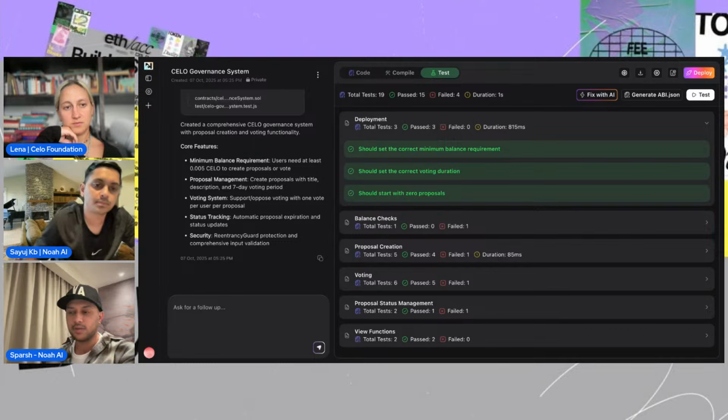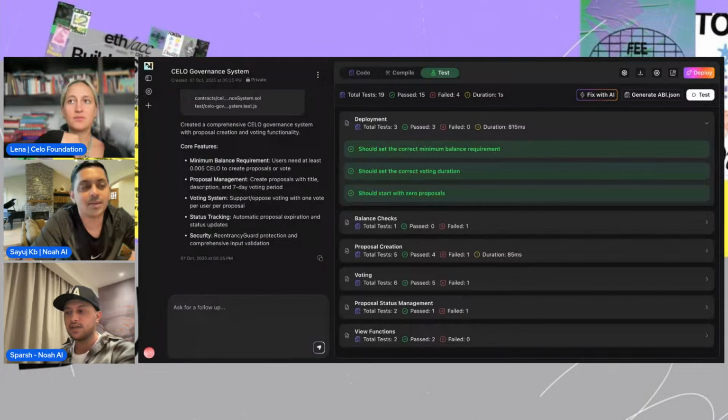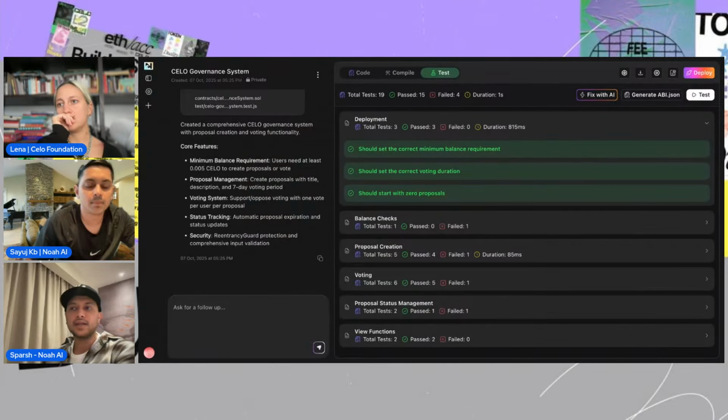I'm not sure about the name of the audit firm, but there's one that audits the smart contract first by themselves, then shares it with a close group of different developers, and they host their own bug bounty program. All of those developers basically test your smart contracts for vulnerabilities. So just start with devnet, then do a bug bounty program, then go on mainnet.